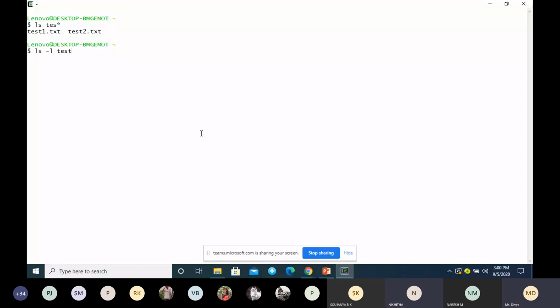It's an option, correct? Yes, it's an option. Why is the minus L option used? It distinguishes the file, so it uses the minus sign. Test one.